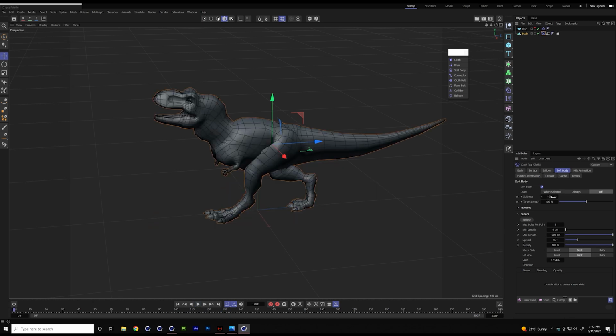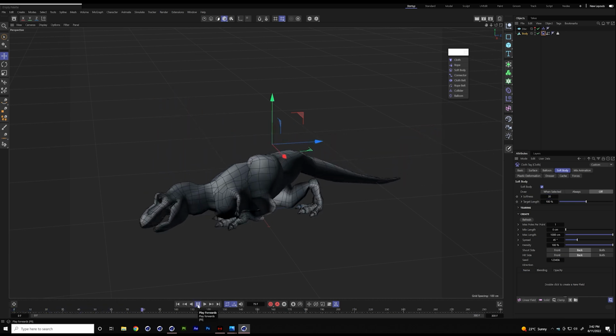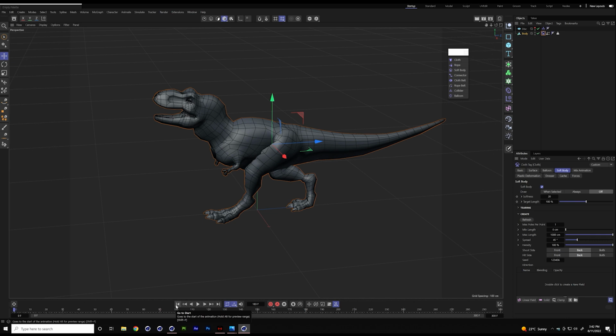Now I can change, just like everything else, I can change the softness. A pole is a new type of constraint that gives an object the appearance of it being full of an elastic medium.